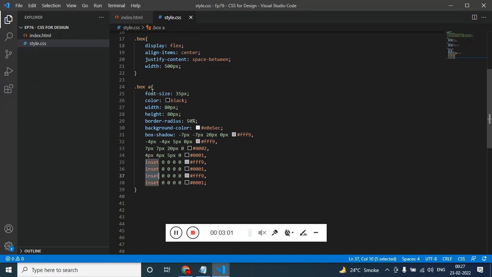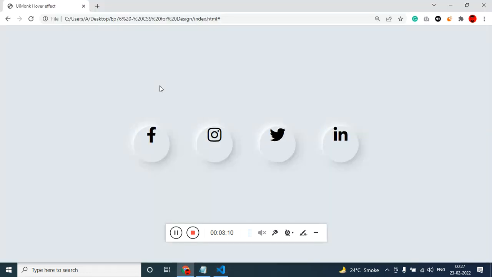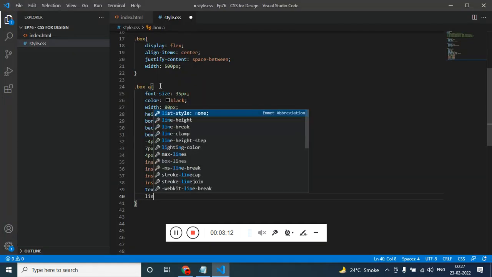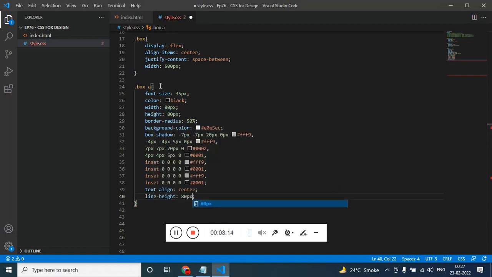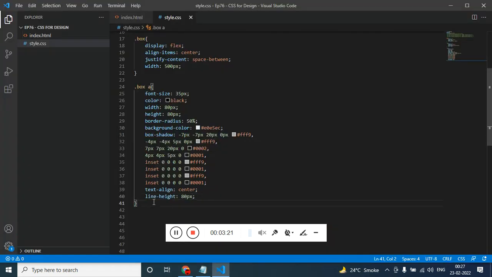Now let's place this at the center. So we have to give text align center, and line height is of the height of the container. That works. Now we just have to add the hover effect for the anchor tag